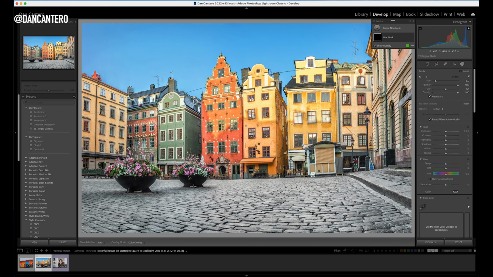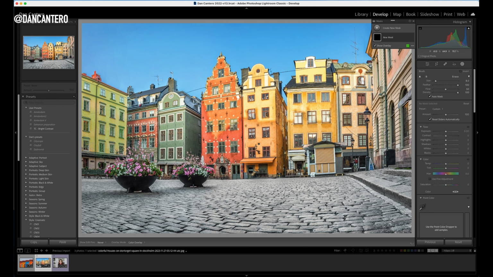So for this one, we are going to change the color of this building on the left here, the yellow building. So what we're going to do now is paint using a mask tool over the top of that, and you may not be able to see it too much because I've got my brush set to a low flow, but you'll see that in a second. You start seeing that it's turning green,